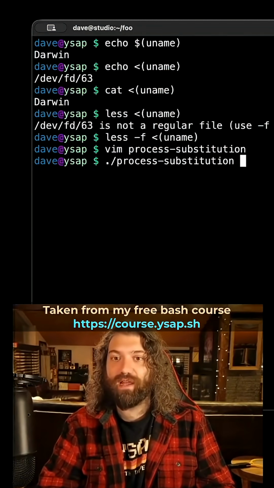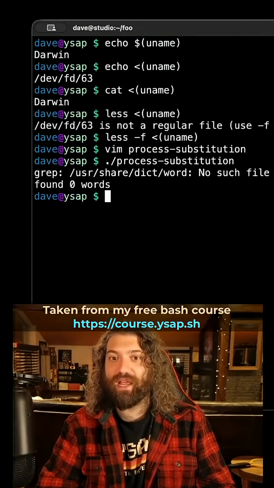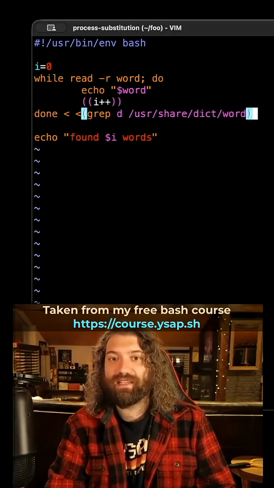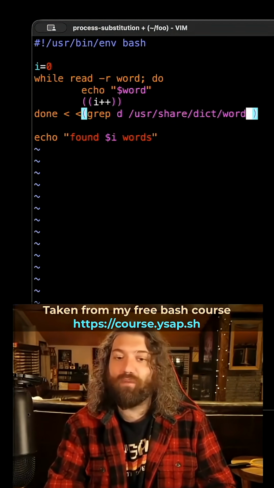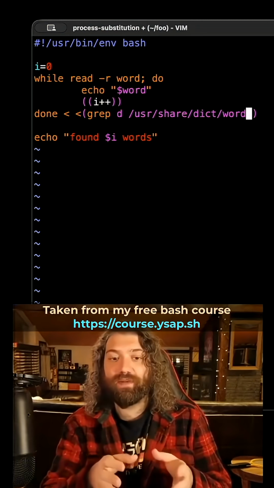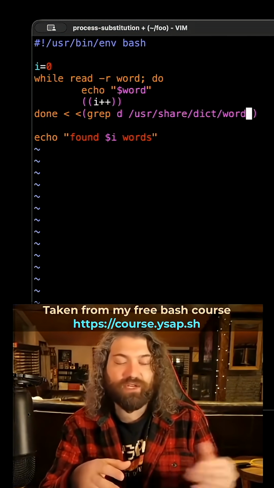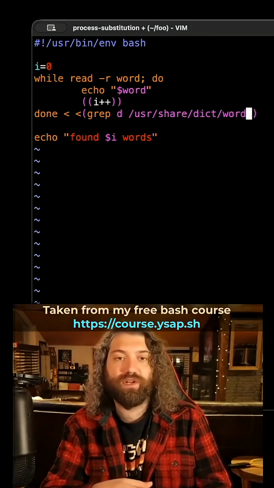Now our script will break, but look at that. We get no such file or directory there. We can't easily detect that that's the case. So just be aware of that. When using process substitution, it can sometimes mask the error codes. It can mask the return code. So make sure you're using it with something where it makes sense that you were using it like that.